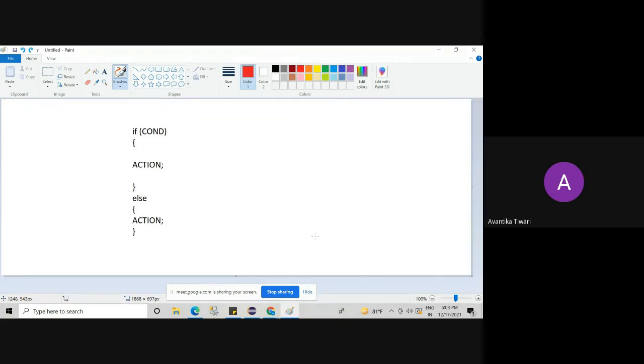If I write if and I don't write else, then the compiler is fine. So the else part is optional. Please note down in your notebooks if you want. The else part in the if else statement is optional, not mandatory.